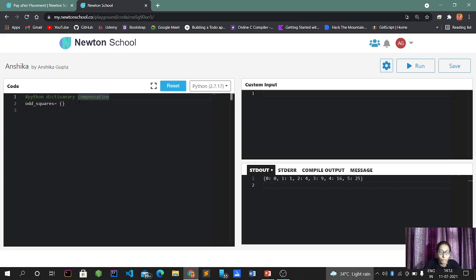For this, we will be writing a program: for x in range, with an if condition for x. The program will execute only if it gives us the output of 1. Now I want to print odd squares.